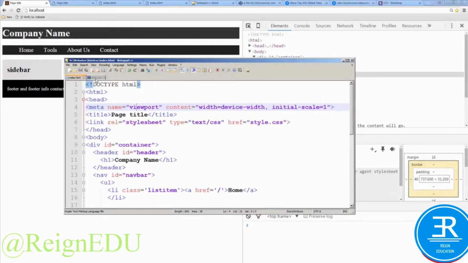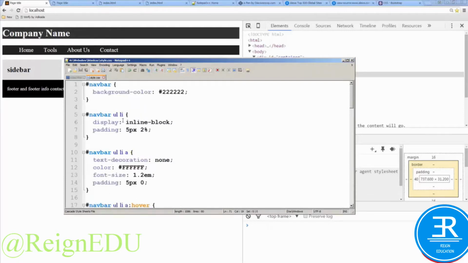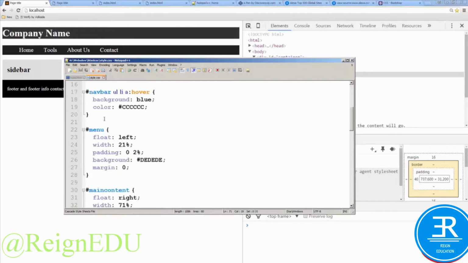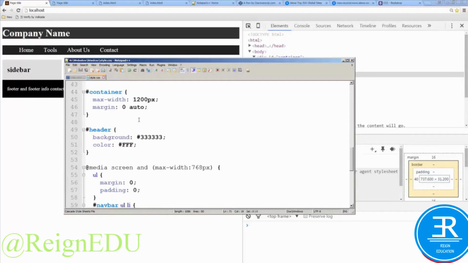And once we've built that out, we're going to begin to style it with CSS and really begin to make it look like an actual website and a web template that you can work with and build out more content on. So this is just the code for the navigation, the menu, the main content, footer, and then afterwards we're